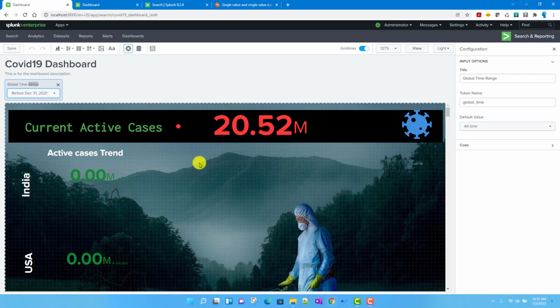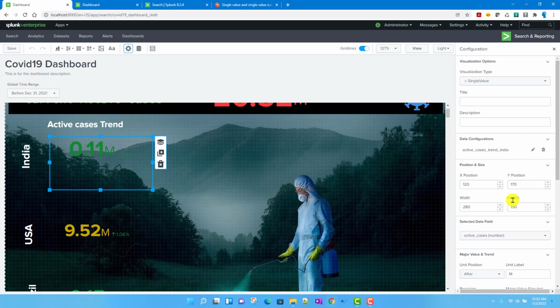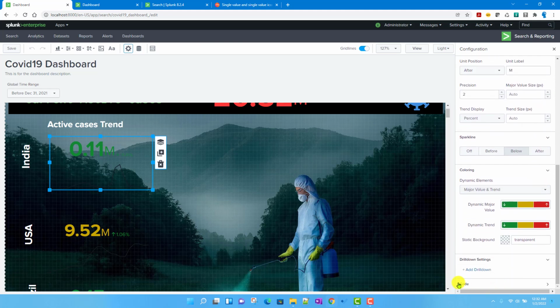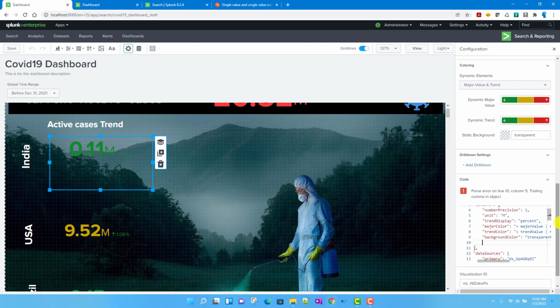So now what we can do is, this will be the best way. I can select the visualization, and if you just go down, there is an option called code over here, okay? If you select this one, this will basically show you the code defined only for this particular visualization, which you have set from your UI. So here you can change it. So as we need to add it to the options, correct, into these options, we can add that option over here. So let's add this one.